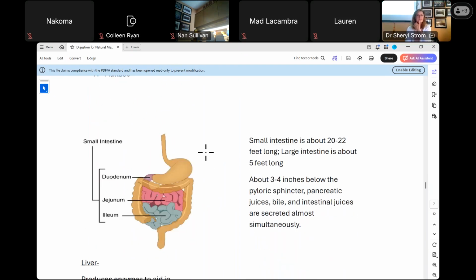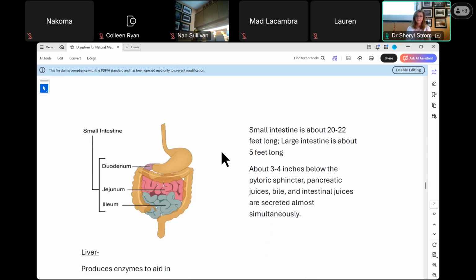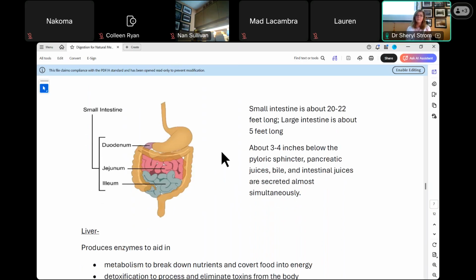Okay, small intestine. Here you go, Betsy, right there. So it's like a U joint, a U-turn. The small intestine is about 20 to 22 feet long. The large intestine is about 5 feet long. And about 3 to 4 inches below the pyloric sphincter right here,